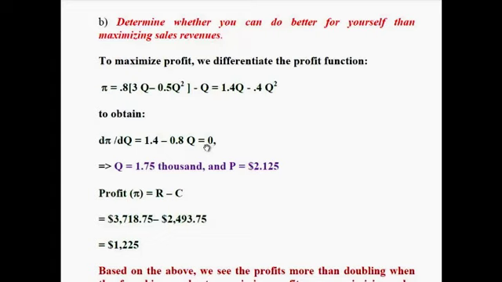Since the differential is the slope of the profit function, we ask the question, where is the profit function maximized, i.e. where is the slope of the profit function equal to 0? We solve the equation 1.4 equals 0.8q, and that gives us a quantity of 1.75 in thousands and a price of 2.125. Multiply price times quantity, or revenue is going to be